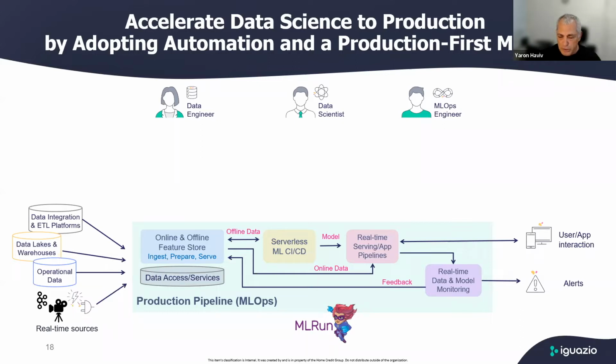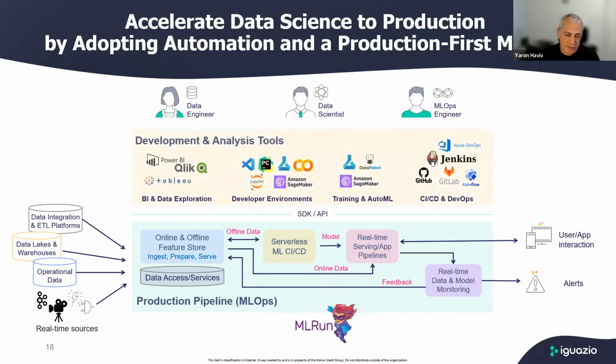So this is where we build a production system using serverless functions and using Kubernetes as sort of an underlying infrastructure. But the important thing is that developers don't need to understand what Kubernetes is and what is automation and all that. They can work with their traditional tools, whether it's a Jupyter notebook or PyCharm or VS Code or some cloud framework like SageMaker or Azure ML, or if they're using traditional CI/CD tools like GitHub or Jenkins or other things, they could just keep on using those things, and through APIs and SDKs, those things are integrated into the automation framework that builds the production system. And this is really the concept behind MLRun.